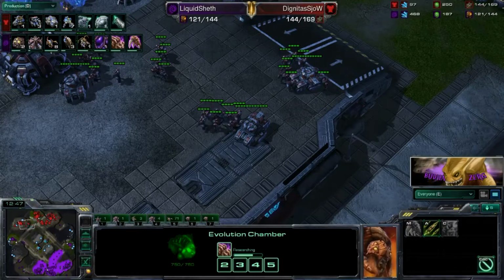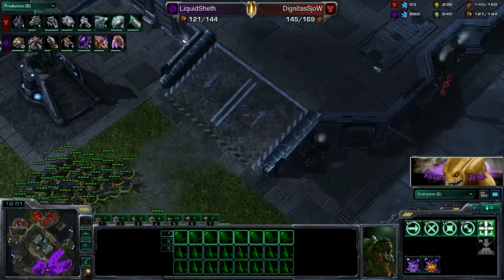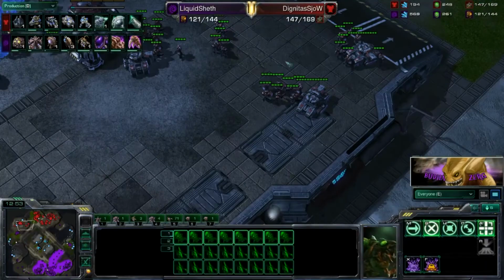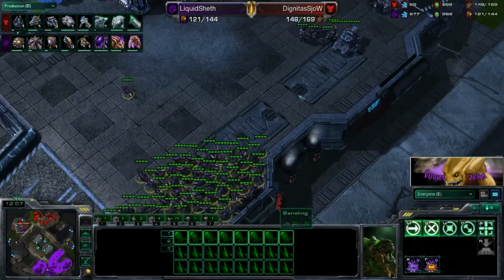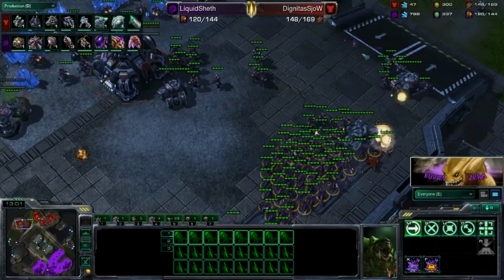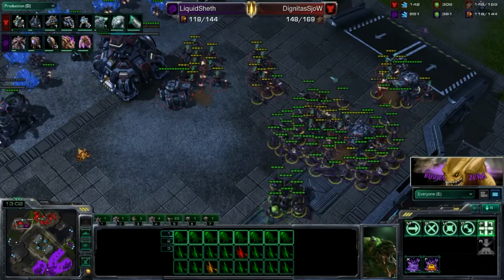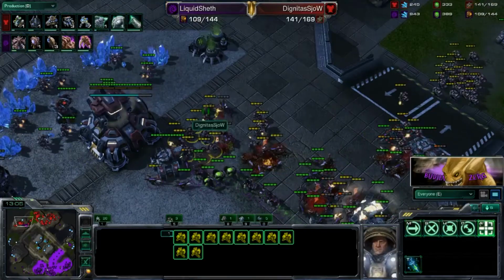Sheth going for a 4th. Meanwhile, it looks like he is actually gearing up to attack here. He's making banelings, and there he goes. He's actually going to walk in here. The tanks are not sieged, so this might actually do a lot more damage than it's supposed to. He is going to run up here. Here he goes, getting a nice surround on everything, but a couple Marines might actually be able to micro this